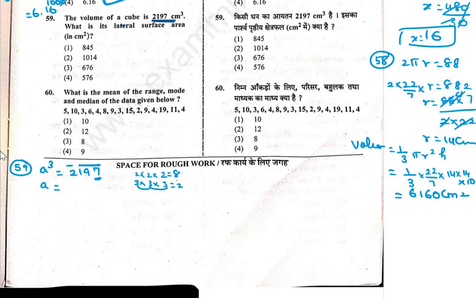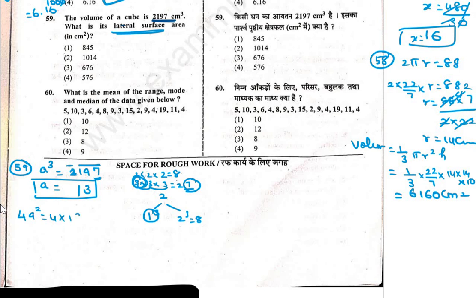3 sevens are 21, so the unit digit is 7 for 3 cube. So the possibility for the answer is 3 in the units place. And then 2 lies between the cubes of 2 numbers, 1 cube and 2 cube, that is 8. The smallest number you have to take, 1. 13 is the cube root of 2197. a equal to 13. Here we have to find the lateral surface, that is 4a squared.